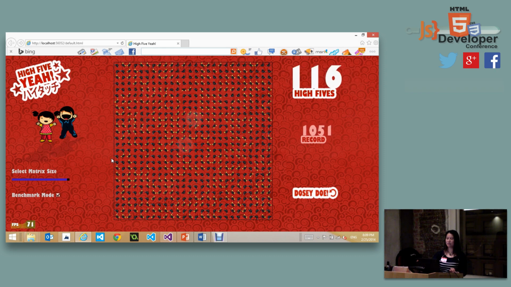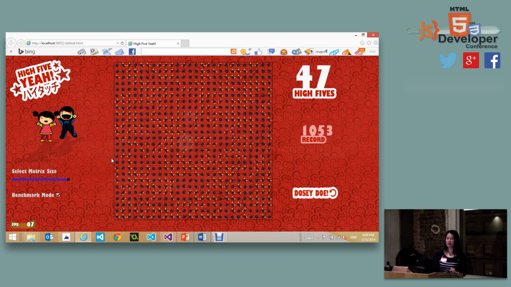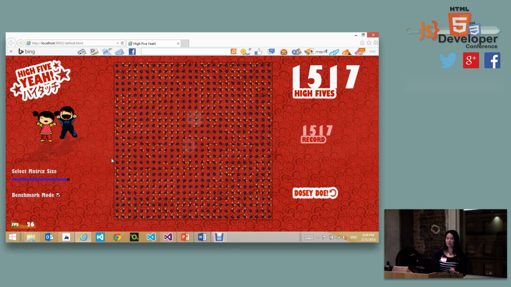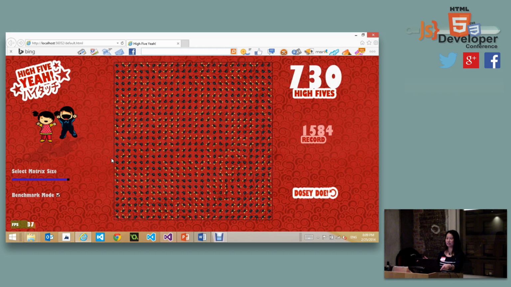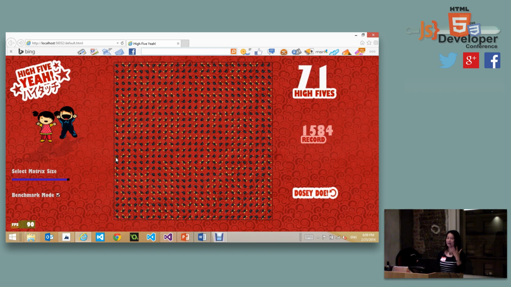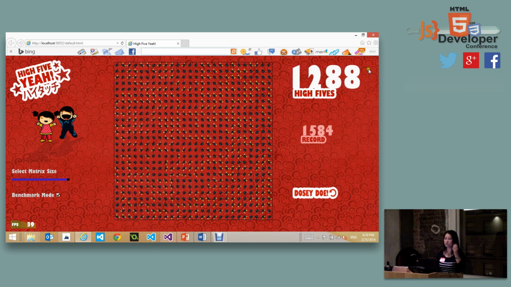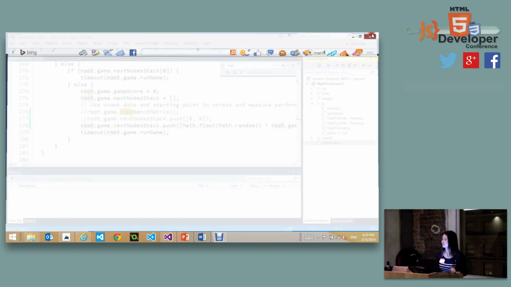Okay, so we do see some improvement. Whoa, we see something that goes even to 60. We also see some dropping, like 60, 40. So we do see quite a bit of improvement when we fix those random generators. But what I see is something I don't like: why do I go beyond 100 or something like that? That doesn't make any sense. We don't need such frames per second. We're wasting some resources there.